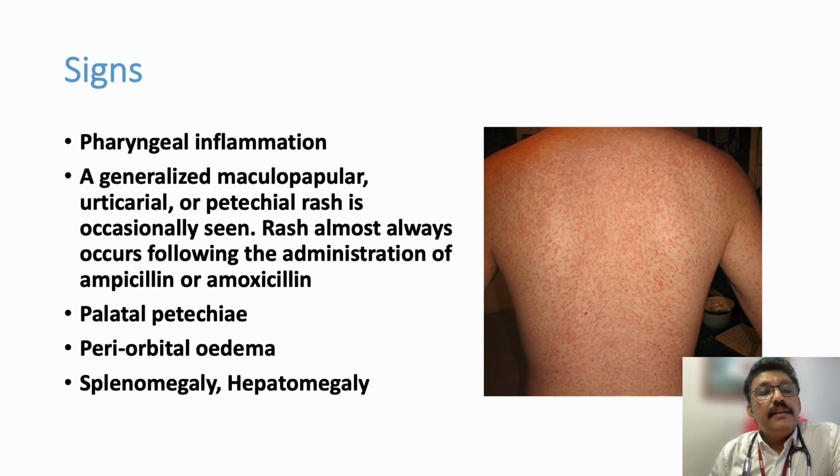Now other signs: generalized maculopapular rashes, urticaria, petechial rashes. But one important problem in infectious mononucleosis, you know that many of the doctors give antibiotics in fever. Without investigation, sometimes we may be giving antibiotics in a viral fever also. That's actually wrong. But sometimes when we give amoxicillin or penicillin group of drugs like amoxicillin, clavulanic acid, in a